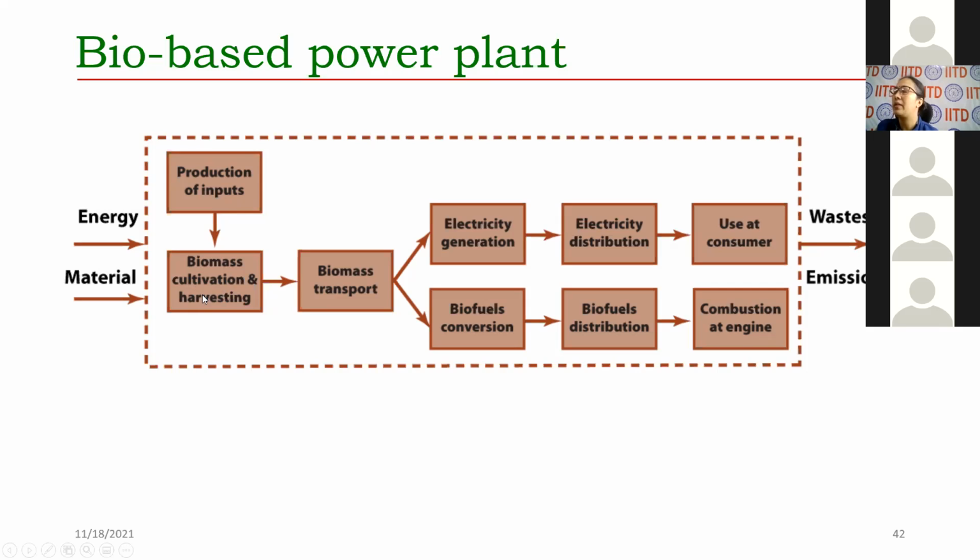So agriculture in totality is becoming more and more energy intensive as we are making it more and more mechanized. So we are increasing the carbon intensity and the energy intensity of our food as well, for that matter. And then it is transported, whether you are using it for electricity or you are using it for fuel. So when you're looking at an alternative to fuel, biomass is the only solution. When you're looking at an alternative for energy, yes, we have solar, yes, we have wind, but with wind and solar, we cannot produce fuel, liquid fuel or gaseous fuel. For that to do or to retrofit whatever existing engines are there, they won't